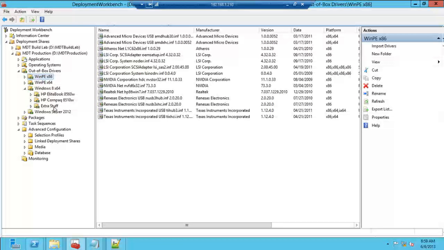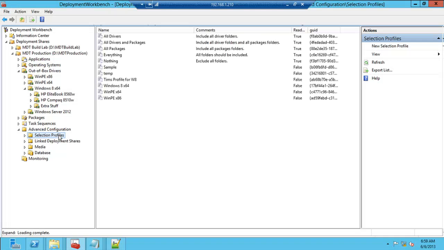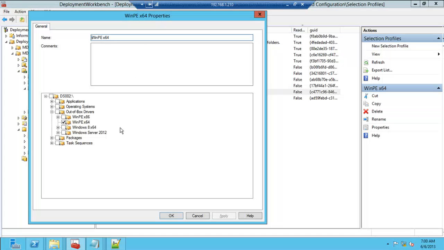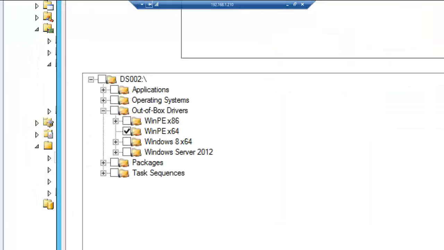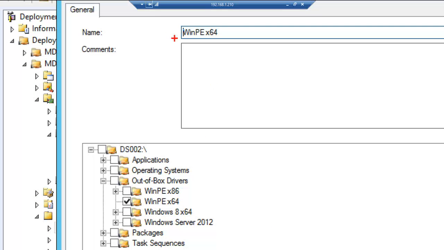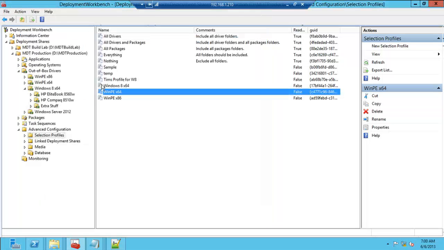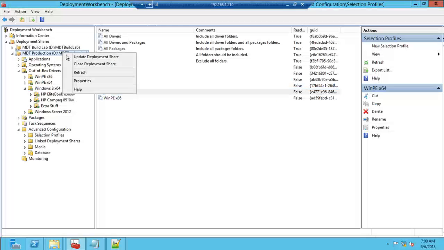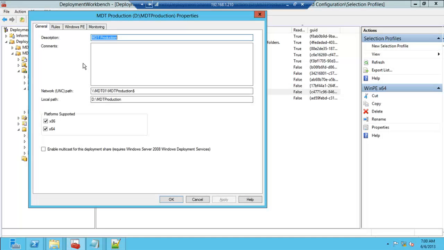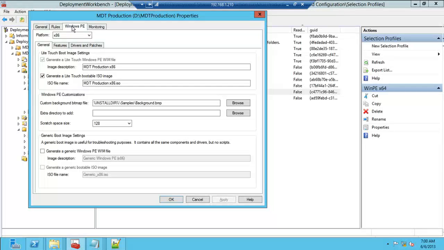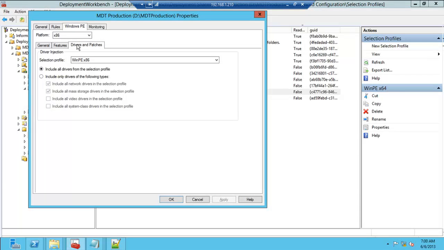After I've done that, I create a selection profile, and in that selection profile, I simply select the corresponding folder. So I name it WinPE something, and I select the WinPE something folder. So this is the filter. After creating folders and creating filters, I will go into my deployment share, hit WinPE, go to drivers, and say,